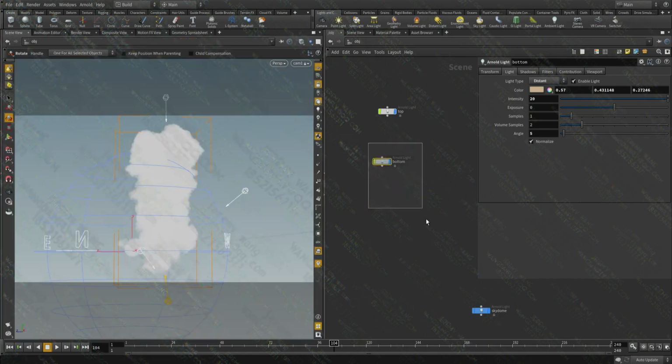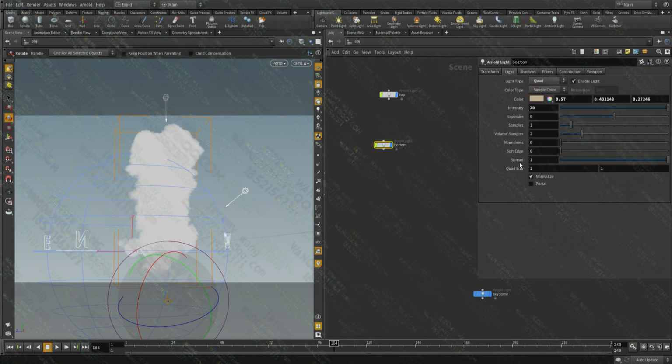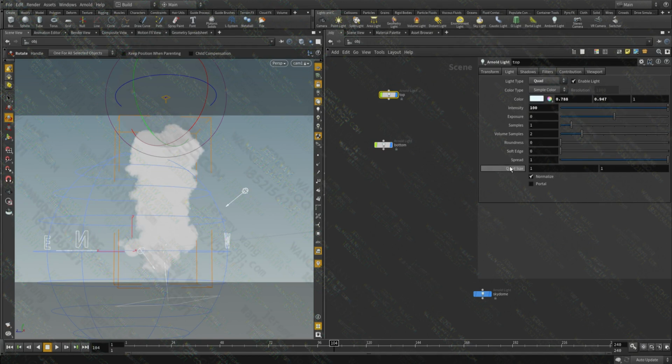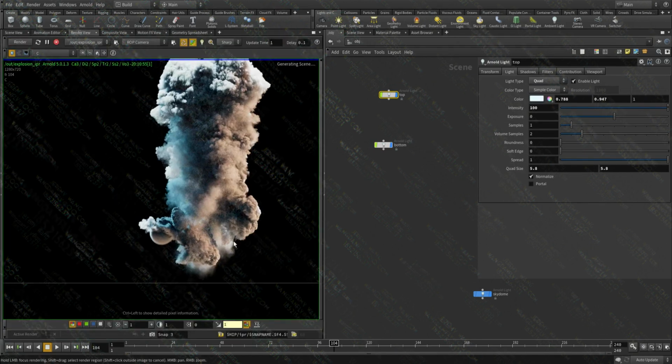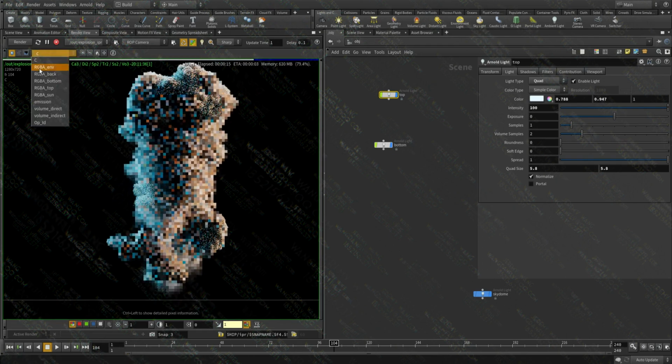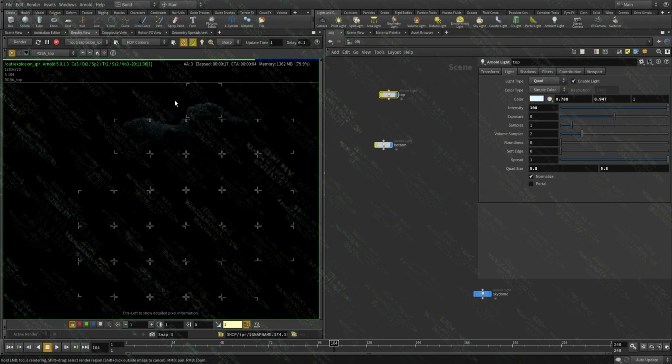So what I'm going to do is change this to a quad light for an area light. I'm going to increase the size. I'm going to do the same for the top one as well, add some decay on it. So I'm going to change it, and let's go back to the render view. And let's take a look at the top. Now you can see it here.